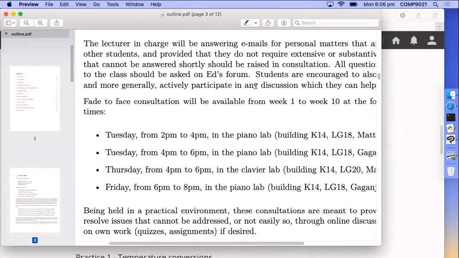All right, so Tuesday, now we have a second consultation from 6 to... that's wrong. We had 4 to 6, right? And now we also have 6 to 8. So I have to fix this, good that I have a look. Then one more consultation on Thursday, and still the consultation on Friday, all right? So Tuesday, 4 to 6, and 6 to 8, Thursday and Friday. So make sure you go to consultation whenever you need help, not only because you are stuck